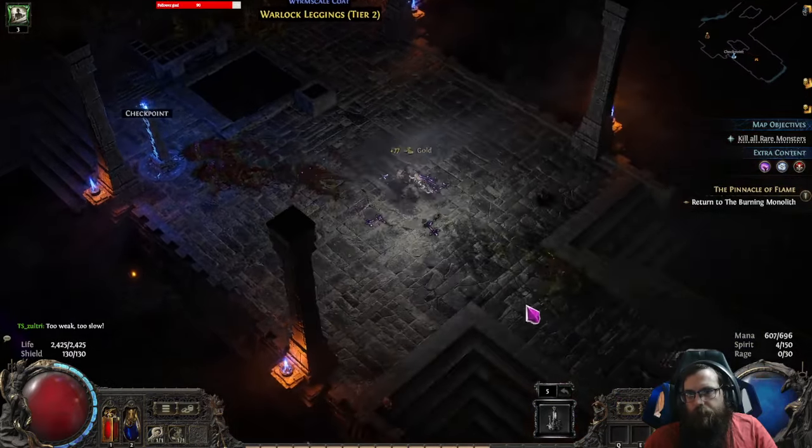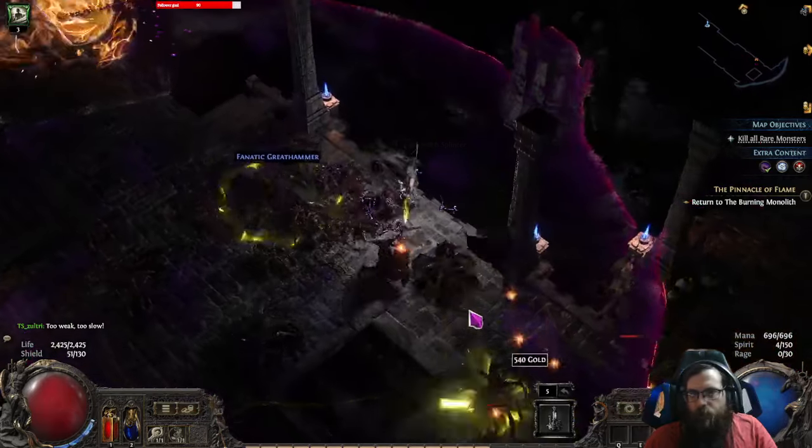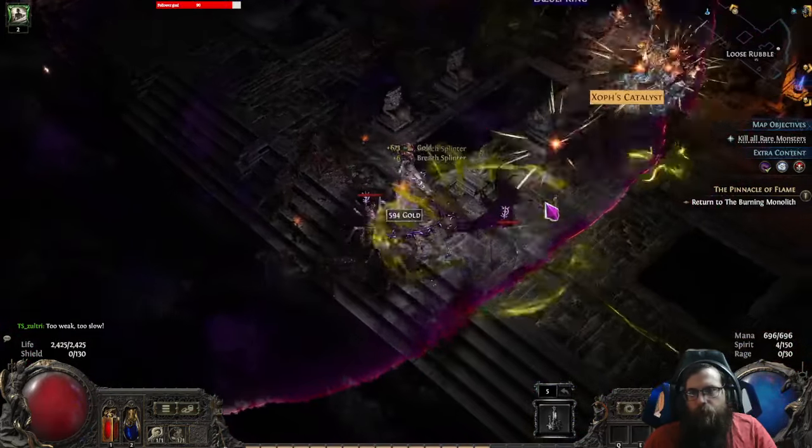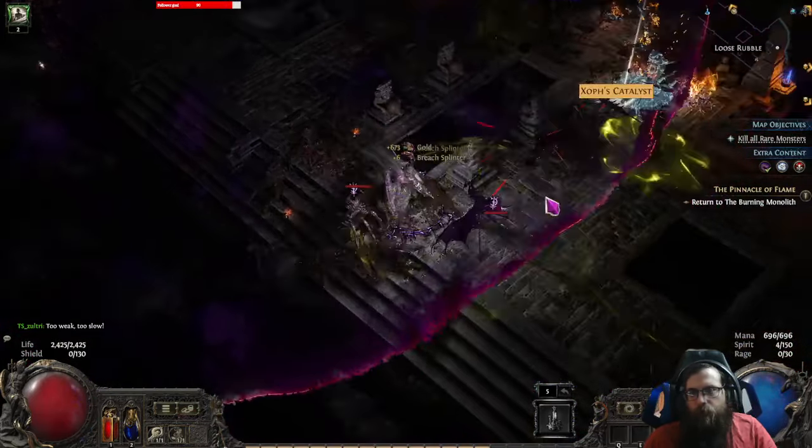But as you can see, I'm pretty much not threatened by much of anything. And the poison proliferation from the Pathfinder is super powerful for clear speed. And on top of that, we get the node that reduces our...